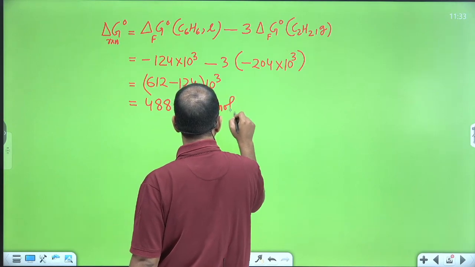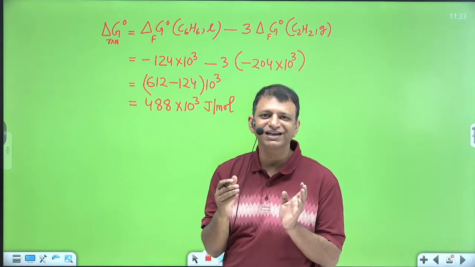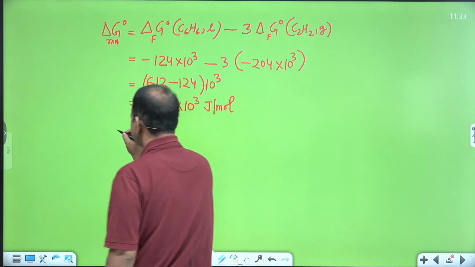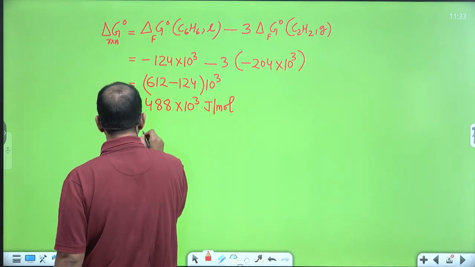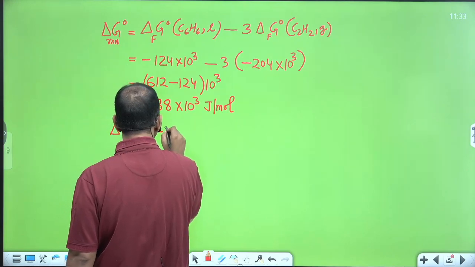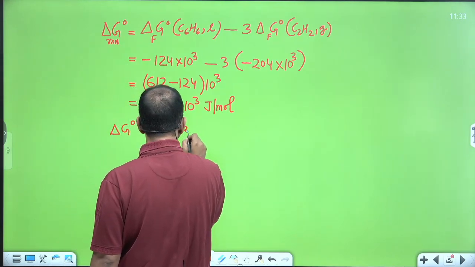And we know what is the relation between delta G naught of the reaction and equilibrium constant. We should write that delta G naught of the reaction is equal to minus 2.303